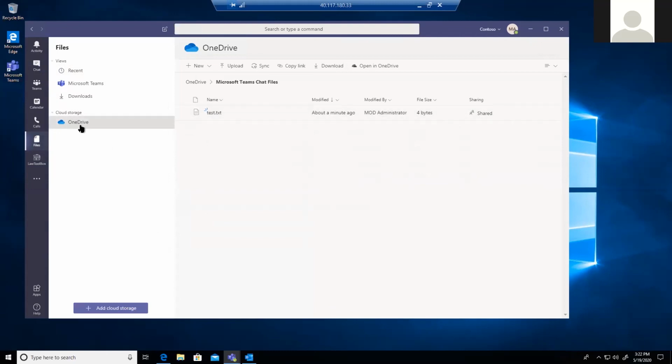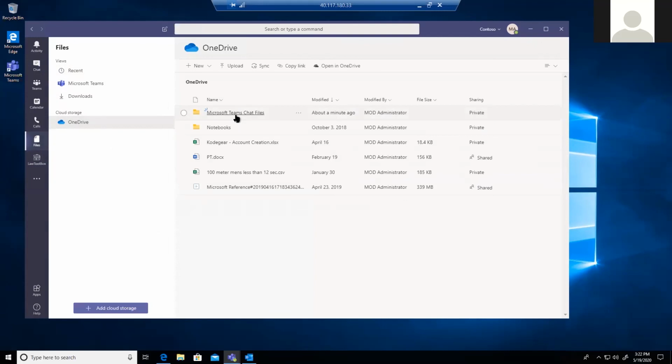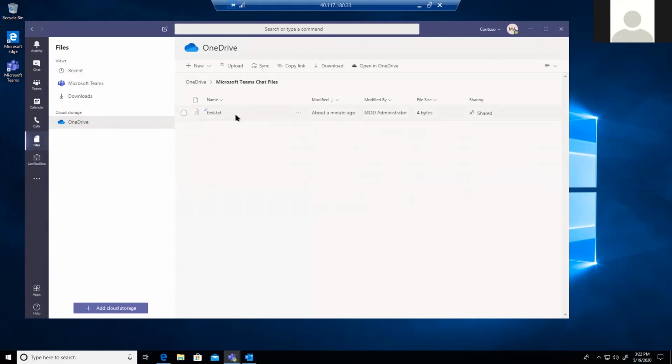So under the OneDrive Teams chat files, all the files you're sharing with your one-on-one user, it's being saved here in this particular folder. So you might be looking at this folder and you might not be sure why this folder is there in your OneDrive. It's because whatever files you're sharing on a one-to-one basis, it will be saved here.